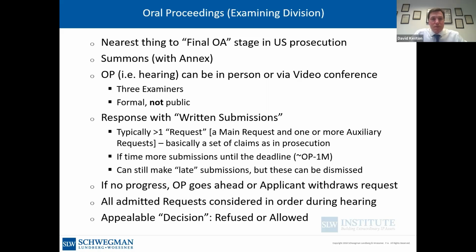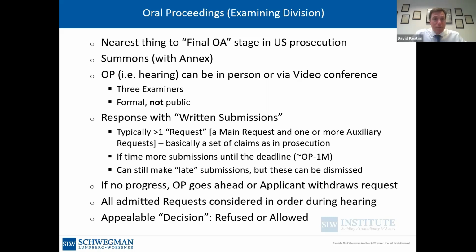If you're lucky, the examiners will have another meeting in advance. They will look at all of the submissions you've made so far, and they'll write to you with their preliminary opinion. And that might or might not make your decision for you. You might decide, actually, OP cannot go ahead, we're going to lose, what's the point? Or indeed, we can ask for a request that we don't have the oral proceedings, in which we request to withdraw all of our requests. And the board will simply grant that request,